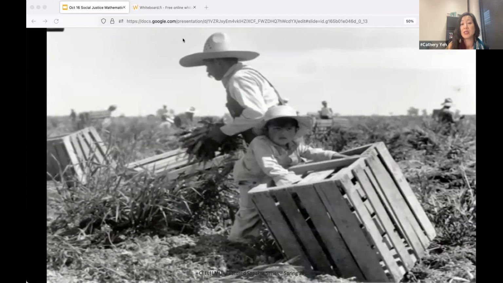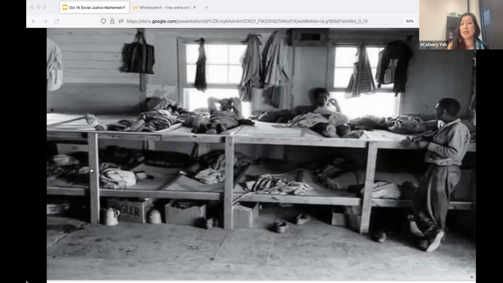Living and working conditions were harsh and exploitive, with long hours and low wages. Are there questions that you're starting to have? There were no regulations around child labor, and a lack of workers' rights such as pensions and healthcare. Really crowded living conditions and no functioning toilets were common.